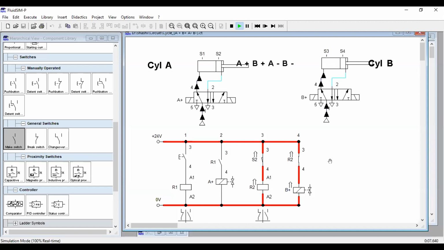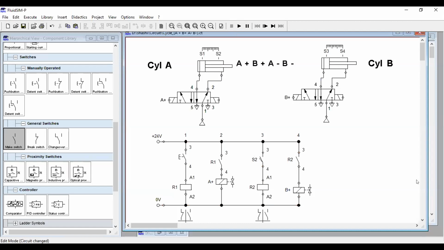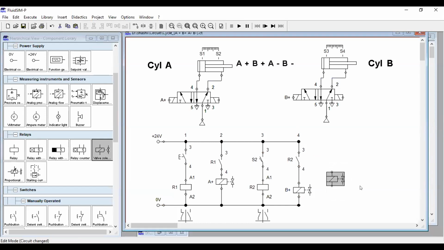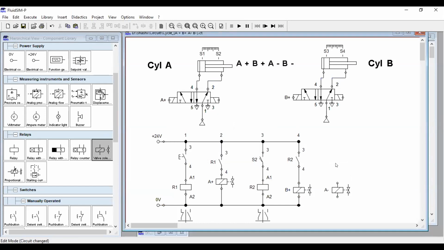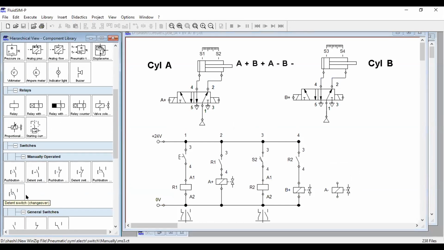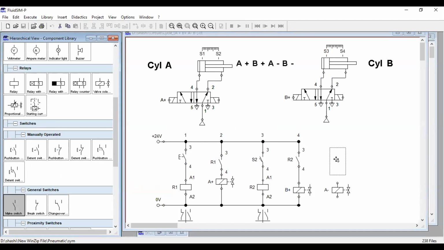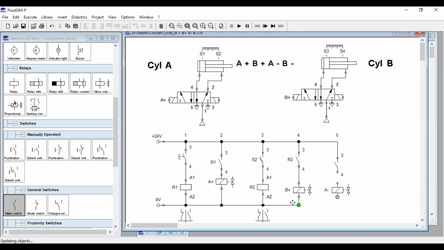Now to get the A minus, same logic we will apply. Here now you can use it without a relay. If required, then you can use a relay. So we'll just simply have a solenoid valve from here, which I will name as A minus. Click on OK. So this will be my new operation. So we'll connect, and a make switch is required. Here, I'll use this make switch. Again, I will connect this make switch directly here, solenoid valve to this point, and this to this.